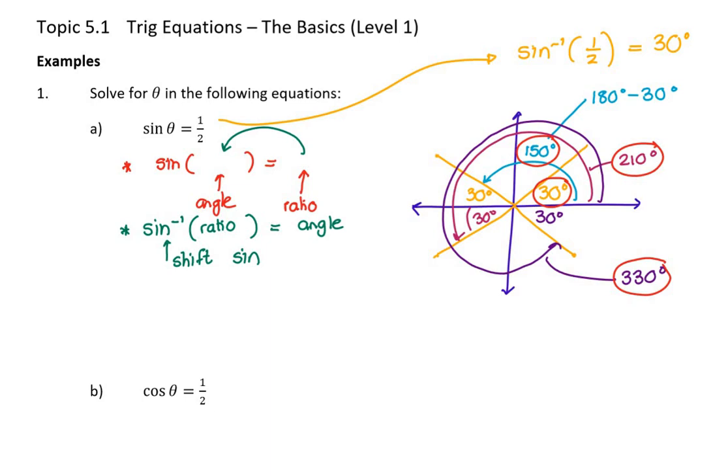However, 2 of them are going to be the negative cousins, and 2 of them are going to be the positive cousins. Now, in this particular example, if you have a look here in the equation, sine is positive a half. So the negative cousins are not at all useful to me. Now, where is sine